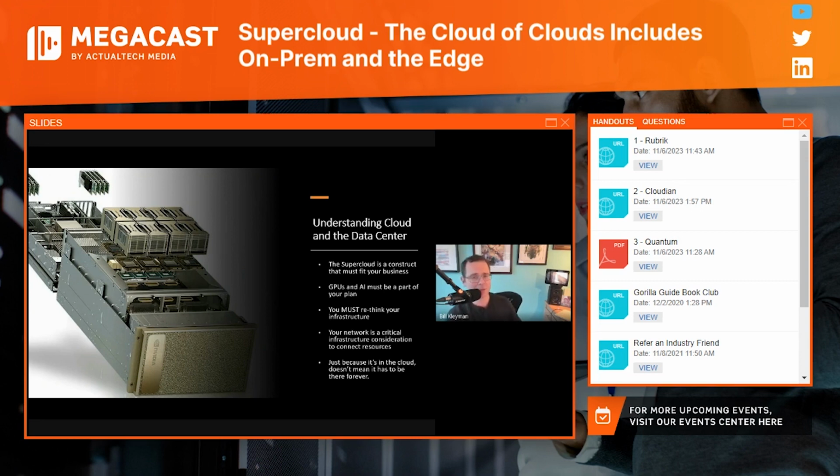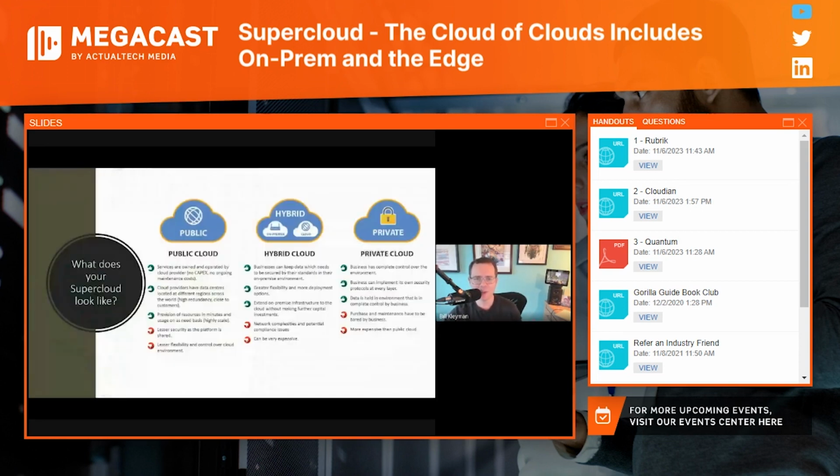Now, I know some of you might be thinking, Bill, isn't this just like multi-cloud or hybrid cloud? Well, we're starting to focus into very specific applications, workloads, and data sets that we need to move around between very heterogeneous environments. Now, again, I said this earlier, just because it's living in the cloud doesn't necessarily mean it needs to be there forever, which means we have to think bigger picture and really try to understand, what does our cloud look like? What does your super cloud look like?